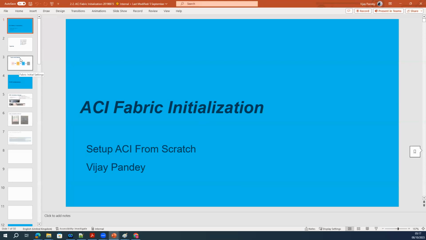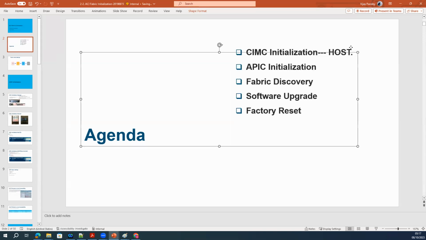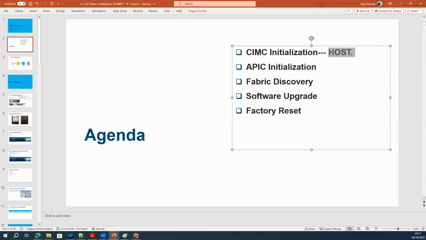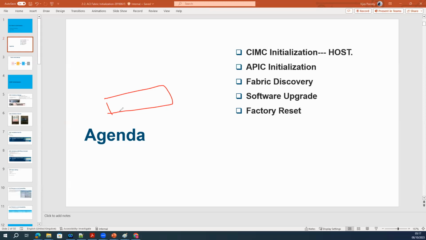Okay, so for fabric installation, the first thing you do is initialize your APIC CIMC. In the CIMC, you make sure that your host image, or Linux image, is perfectly fine. This is the base image of the APIC, sorry, of your controller. If you bring a laptop, the first thing you do, you don't install an app directly, right?